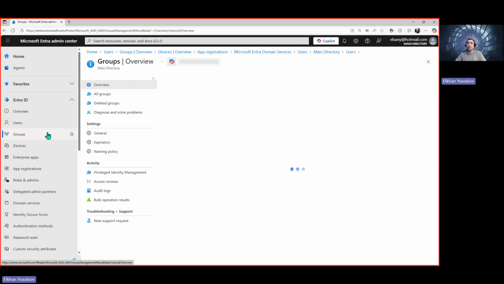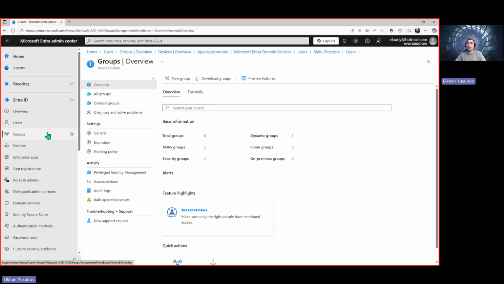In addition to users, you have a capability to manage your groups. There might be different groups, security groups, M365 groups, dynamic groups, so you can go and manage them all together, move the users from one group to another group, and get these capabilities.